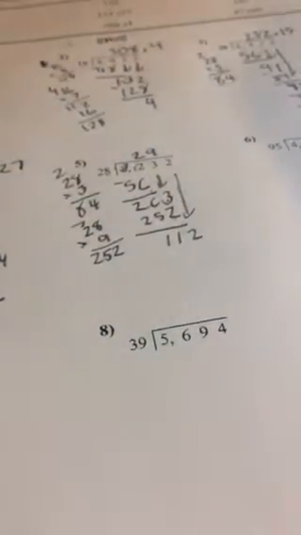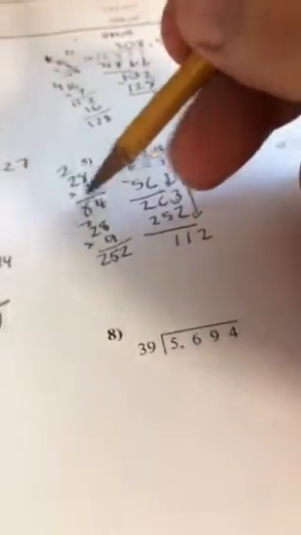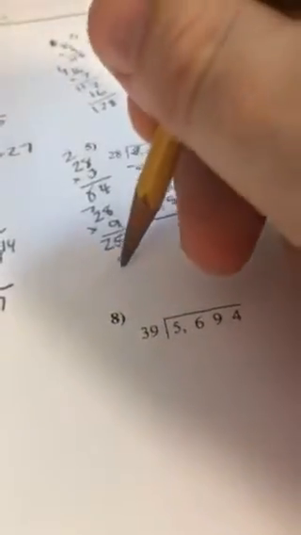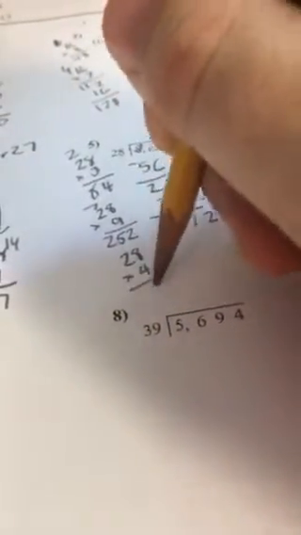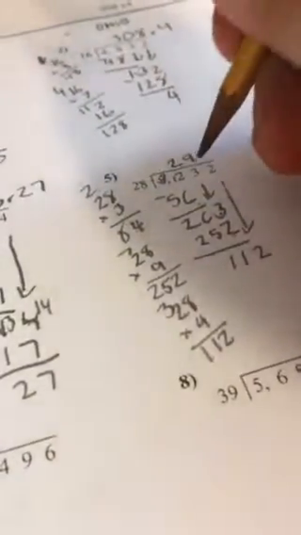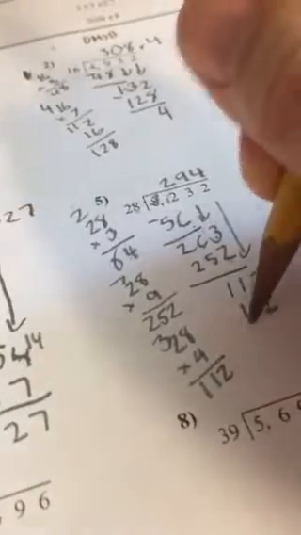Bring down my 2. So I know that the 3 was 84. 28 times 3 is 84. So I'm going to try 28 times 4 and see if I can get close. So that's 8, 11, and I got it exactly. So I'm going to put my 4 up top, subtract it out. I got 0 as a remainder. So my final answer is